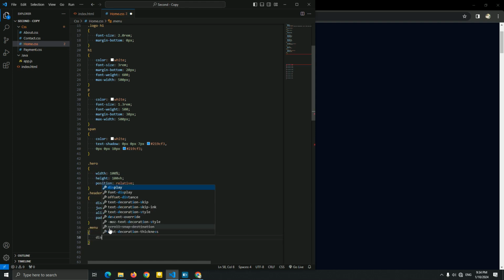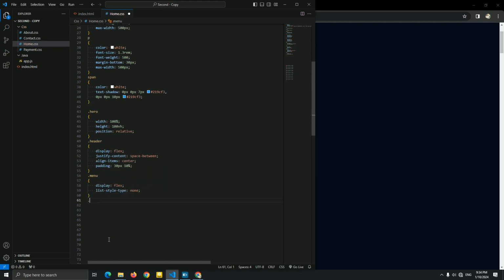Menu li a. Let me add the padding first for this link, 7 pixels for the top and the bottom, and 25 pixels for the left and the right. Margin, let me add a little margin for this, 10 pixels for the left and the right.